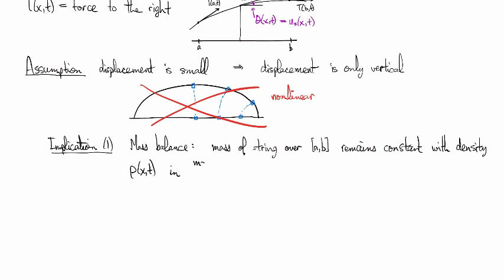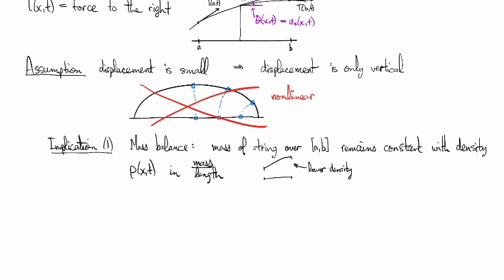The density will be given in units of mass per length. The density may change because if you have something which is in equilibrium position, it will have some length. But if you have something that has been stretched, then it will have some longer length. And so it will have a lower density. So it's quite reasonable to expect that the density would be changing with respect to position. Anyways,